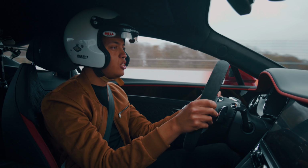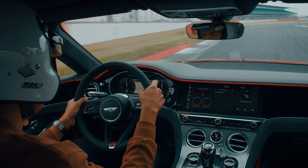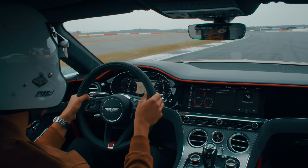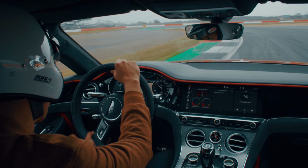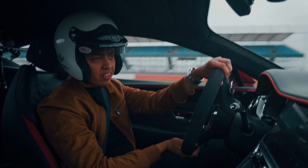Oh, gearbox is good. Sometimes it's a little bit hesitant on the down change, but twin clutch gearbox, you just can't go wrong. Oh, it's so good, oh my word. I'm gonna give it